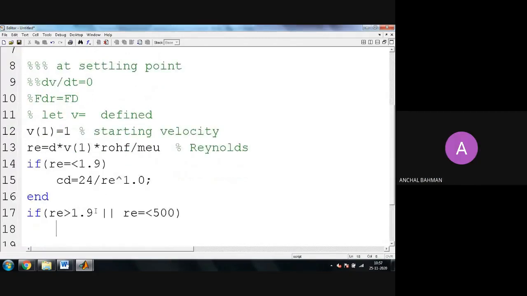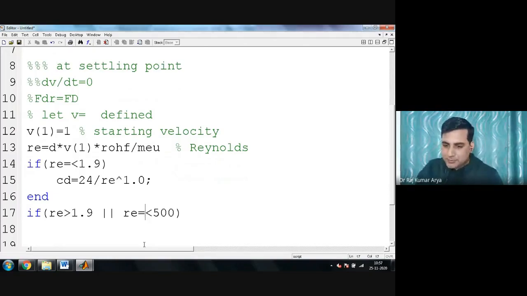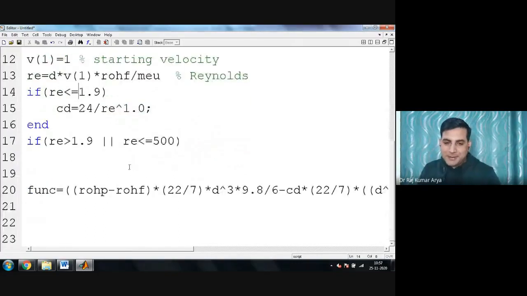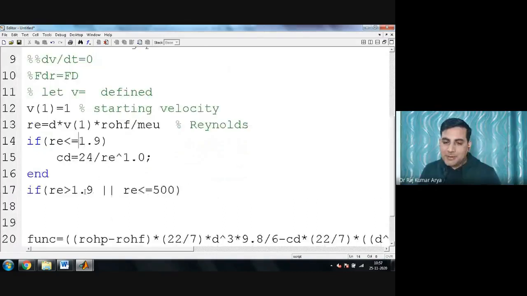Equal should come afterwards, after the less than sign. Okay, so both, it will give the error actually. Generally we speak something, but if it is the case, okay, you can write. But this looks wrong actually to me. Anyway, that we will correct. Okay. So you have this is the OR command.